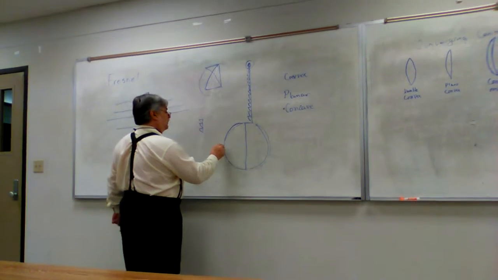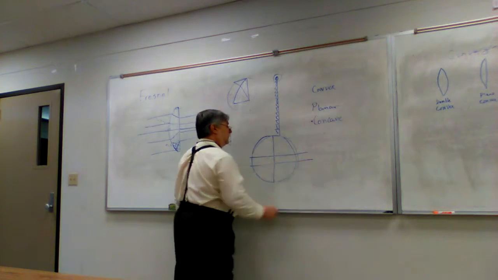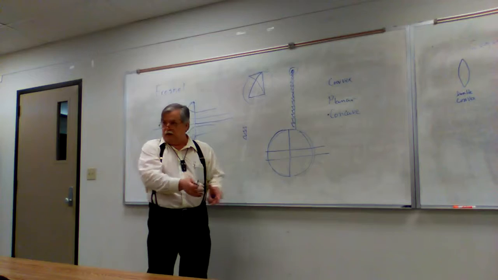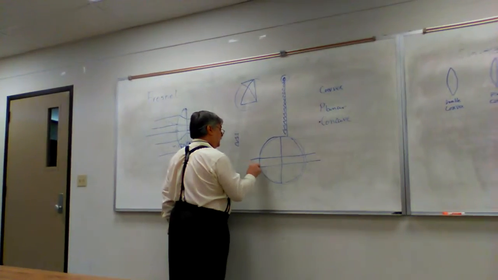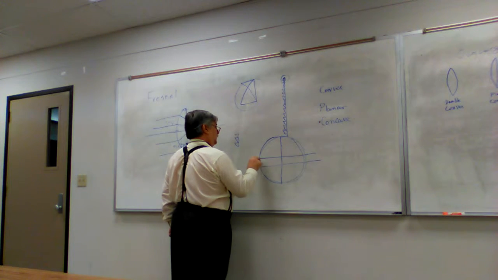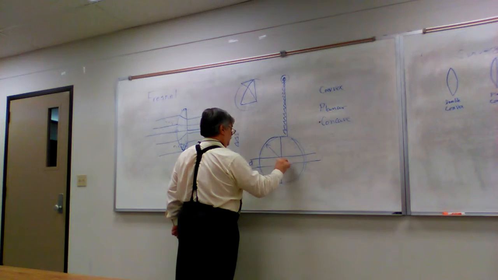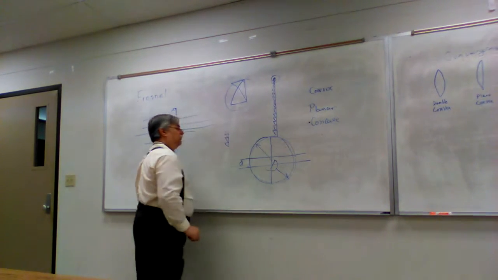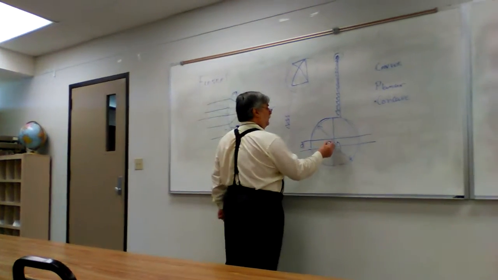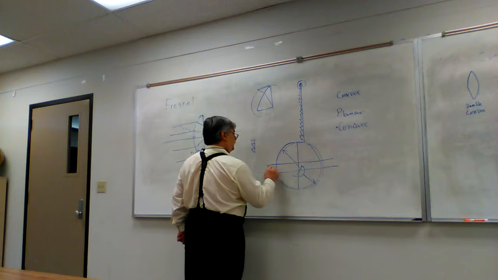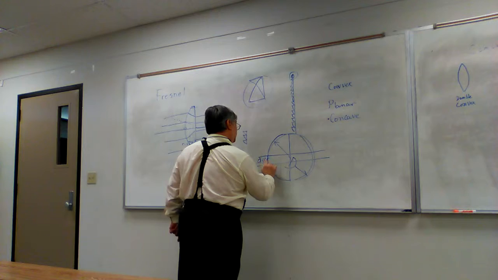But if we restrict the lens to just this little slice, this little core right out of the middle of the big spherical crystal ball, then this diameter of the lens is much smaller than the big radius of curvature. Okay? If this D is much, much less than R, then this is considered a thin lens,